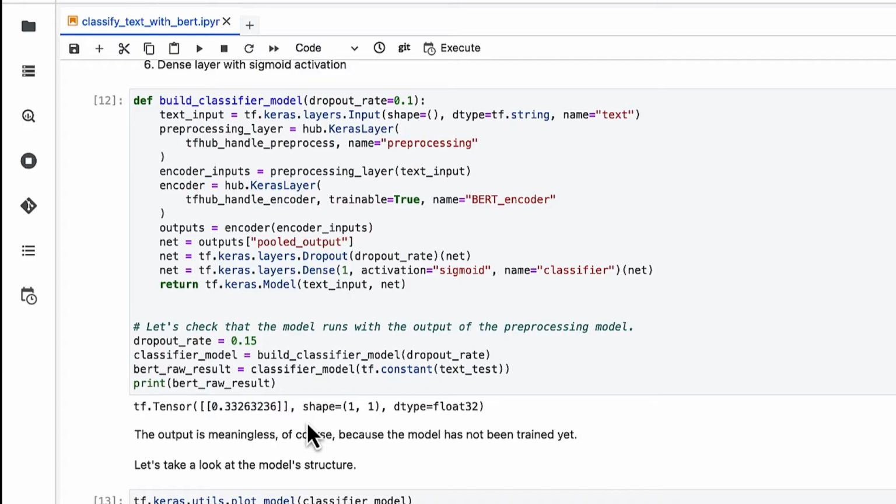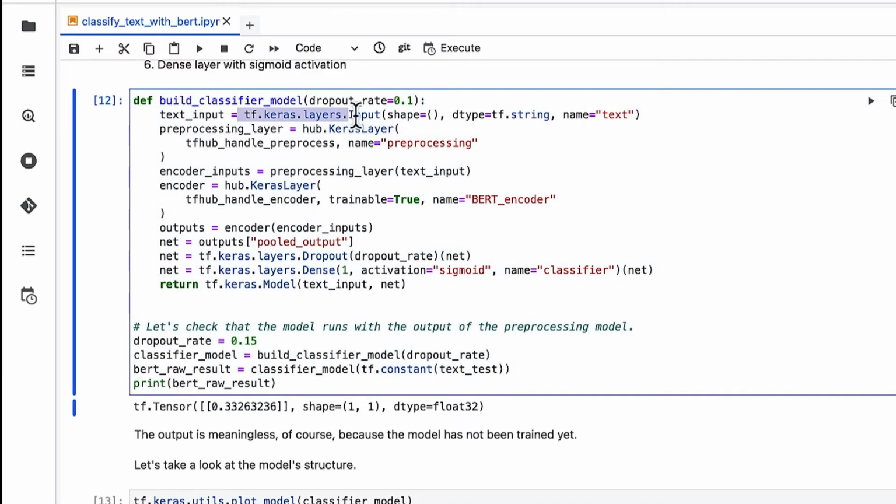So in order to define our classification model, we start with an input layer. The input layer takes the raw text as input, passes it on to the preprocessing layer for preprocessing that converts it into token IDs, word IDs, and mask IDs. The preprocessed words are then passed to the pre-trained model. There is an argument here called trainable. Trainable here determines if you want to fine-tune the pre-trained model using the new data that you're training with or not. In our example, we are setting trainable to true, which means that we're going to update the initial weights